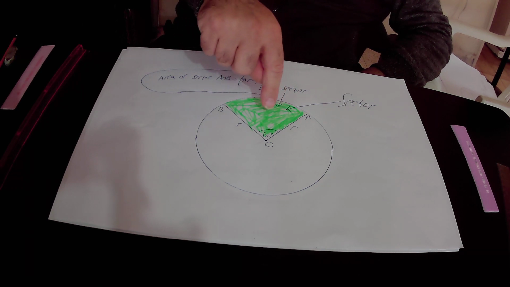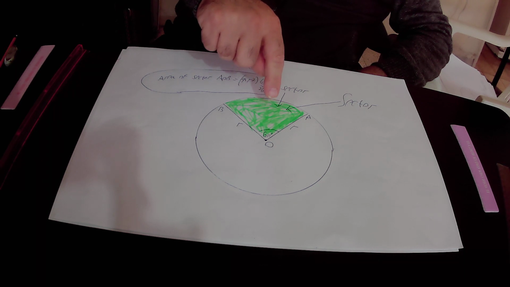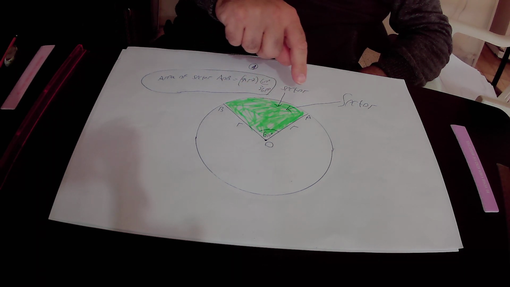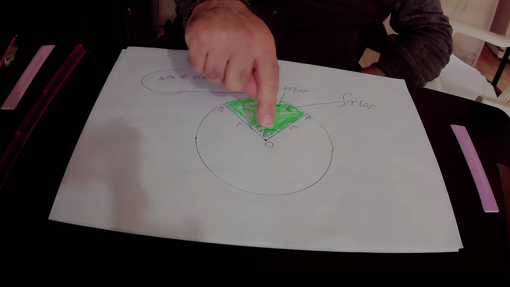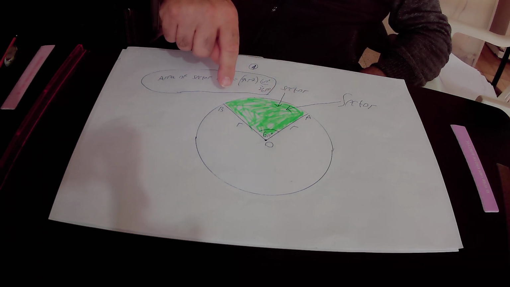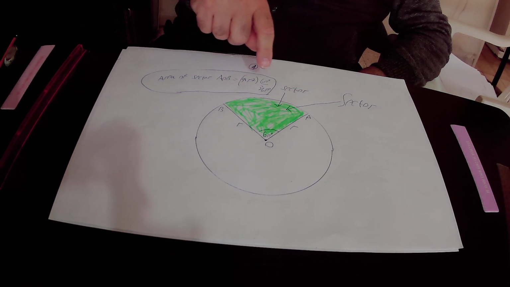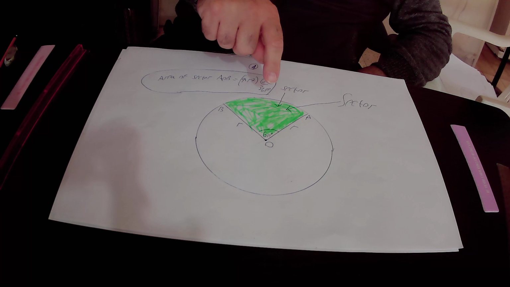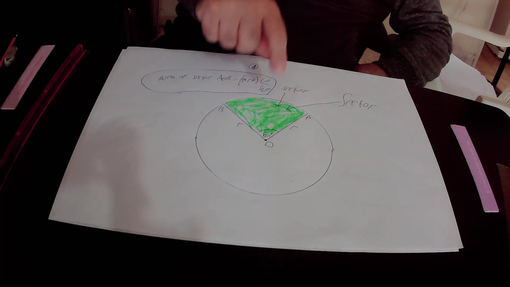Okay, so this green shape is a sector that is bounded by the radius AO, the radius OB, and the arc AB. And the angle between those two radiuses is equal to 60 degrees, but the sector can be with any other angle,